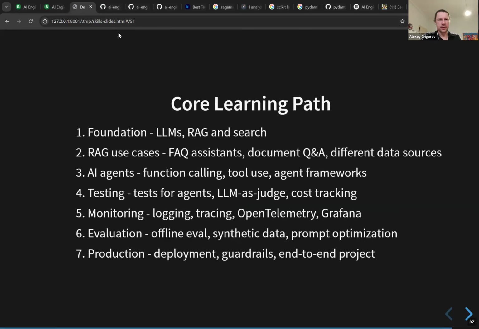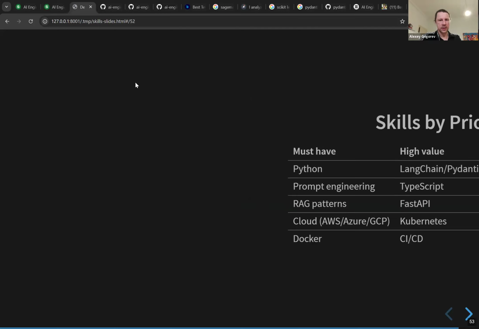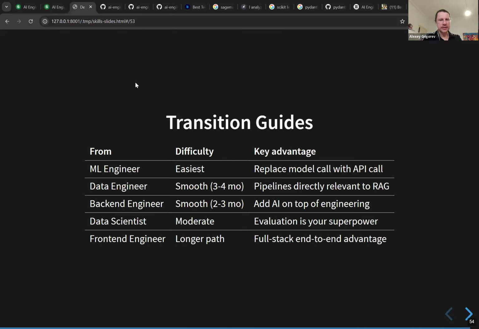We still didn't cover some things, like skills. We did not cover learning paths. So maybe this is something I can quickly show you. I will not talk about this at length right now because we've already talked for some time. But there is this part about learning paths, and it describes what exactly to do if you are an ML engineer, a data engineer, or a backend engineer. I was planning to talk about this, but for many things I already gave you the answer.